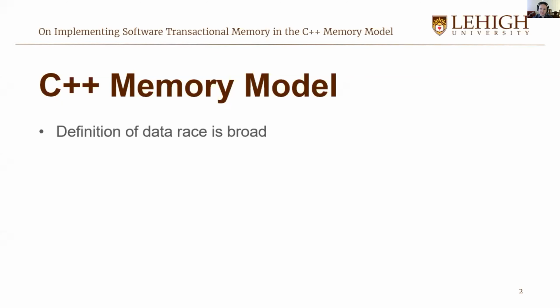It defines a data race as any concurrent access to the same data by two threads, except for when that variable is declared atomic. Now, it's natural for a programmer who wants to use sequence locks or implement a TM to believe it's okay for program data to be non-atomic. After all, it's protected by the sequence lock or by the transaction, right? Unfortunately, that's not the case. The memory model states that behavior in the event of a data race is undefined. Now, undefined doesn't mean, oh, well, maybe A happens before B or B happens before A, and when it comes time to commit the transaction, we'll figure out which one it was.